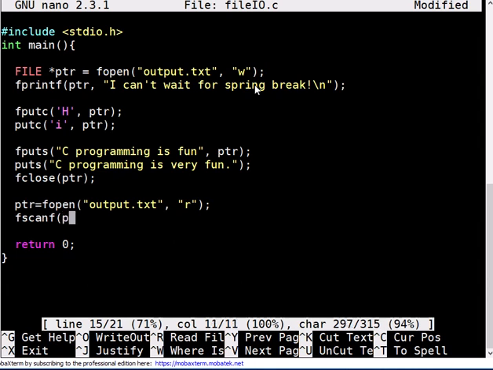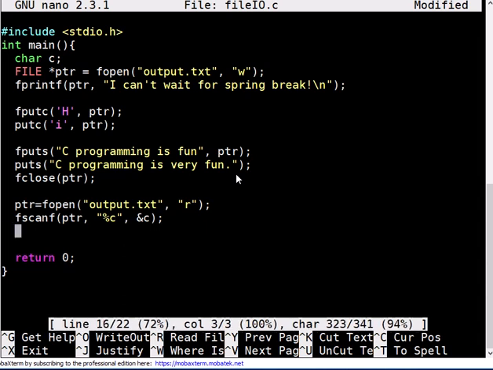This time we're going to pass in a pointer as our first argument, and what do we want to read in? Well, the first thing that I have inside the file is the word I, for I can't wait for spring break. That's a character, so let's go ahead and try to read in a character, and then you need a variable to store that into. Usually the convention is to put the variables at the top of the program, so I'm going to put that there, ampersand c,